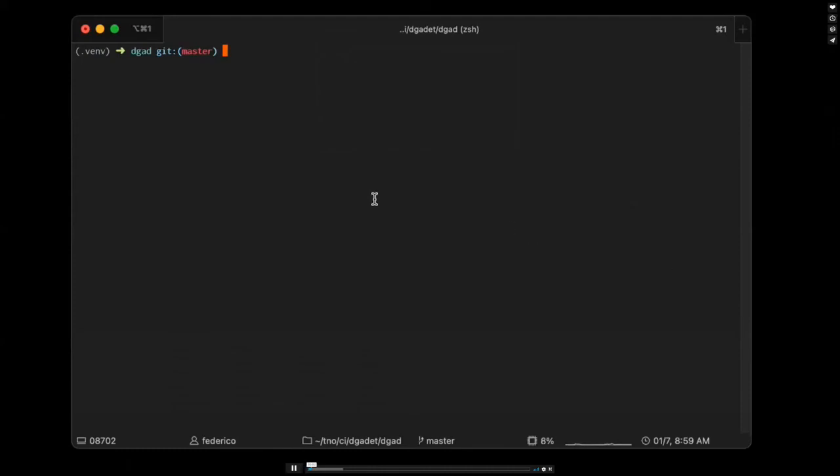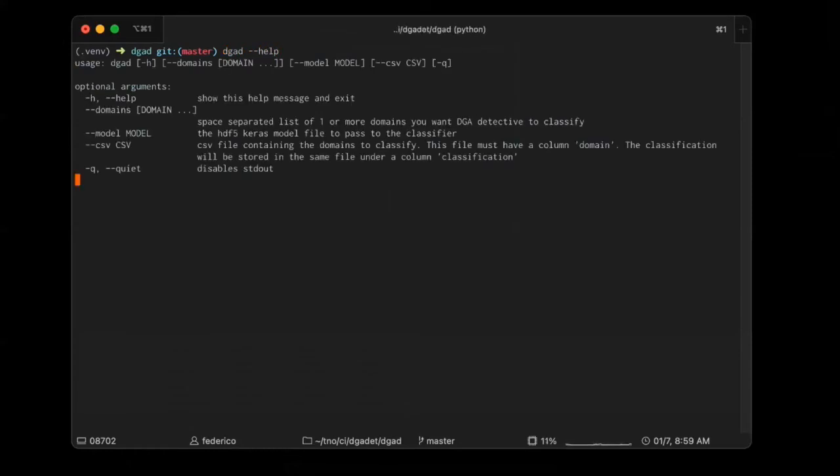To use the DGA Detective via the command line, we have opened here a Linux terminal. By typing dgad --help, we can see the information about the different arguments of this command. We can pass as input a list of domains or a CSV file, we can select the machine learning model to be used, and we can activate the quiet option in the case when we wish to display no output in the terminal.